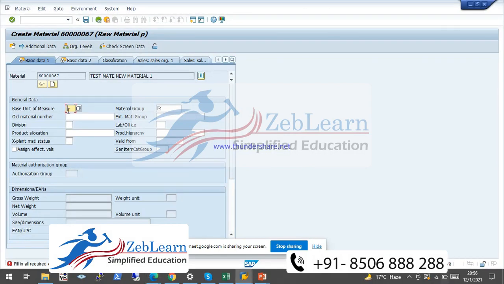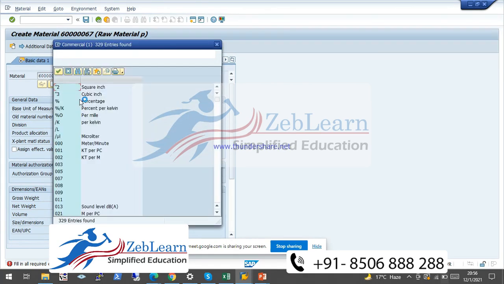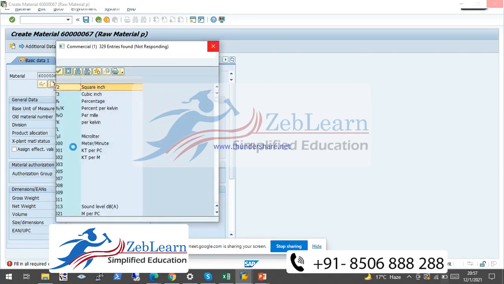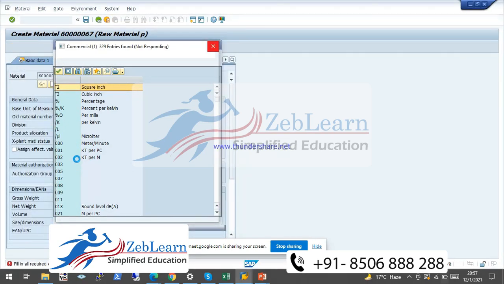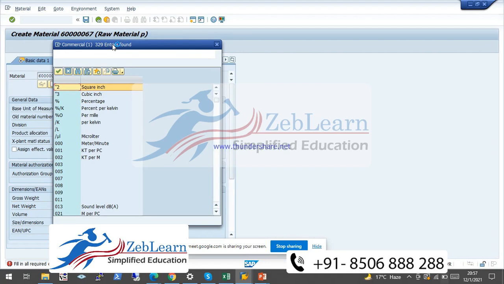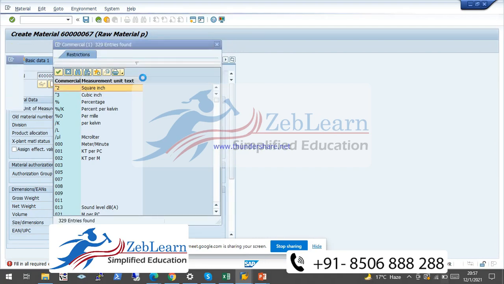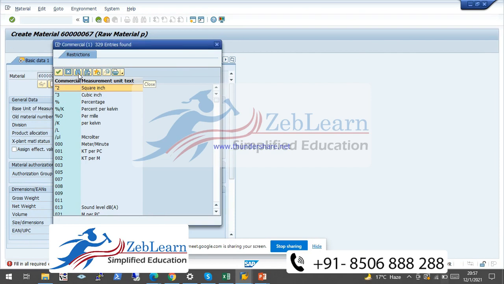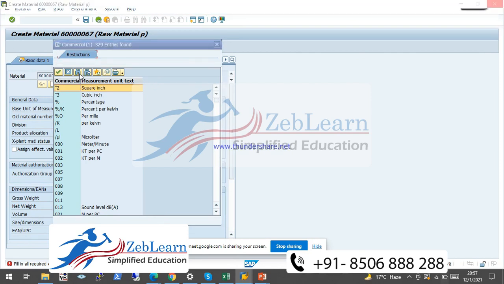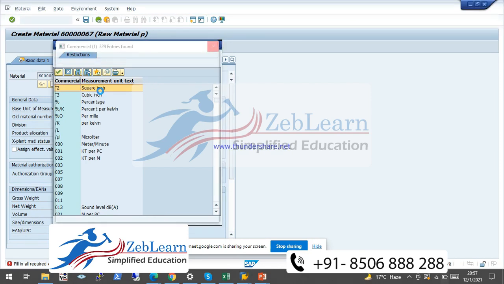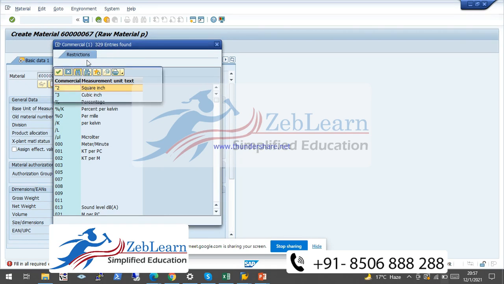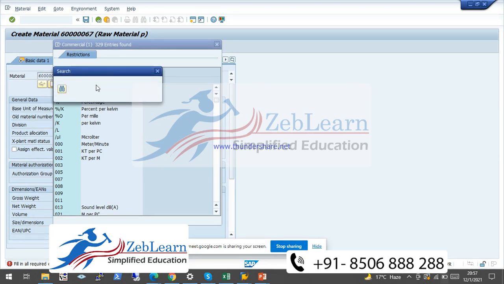You can also select by clicking on this button, and it will show you all the available units of measurement in this system. We can also find it with the help of the find button.